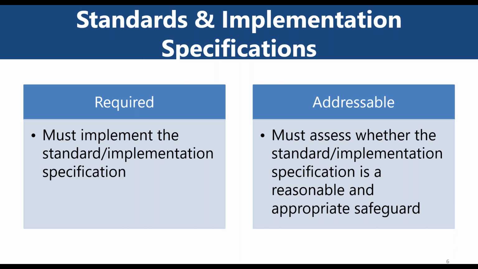For example, one that we like to talk about frequently is encryption. Encryption is technically an addressable. It's addressable, but at the same time, it doesn't mean that you can just bypass it altogether. If you're going to implement something different, you better have a reasonable and appropriate safeguard that's at least equal to encryption. And whatever you determine on that, you must have that totally documented so that you're protected in the event